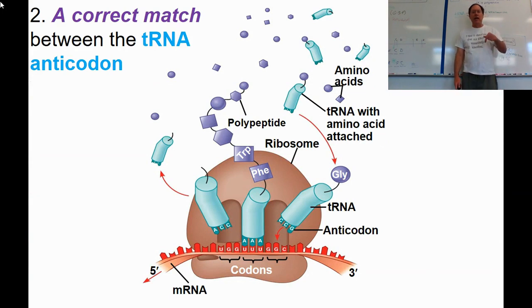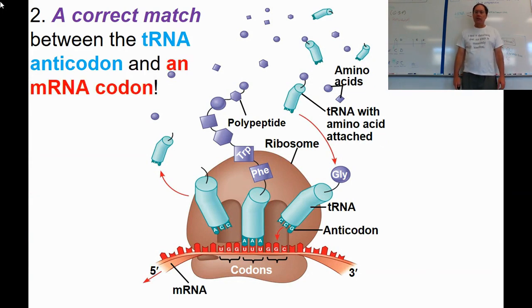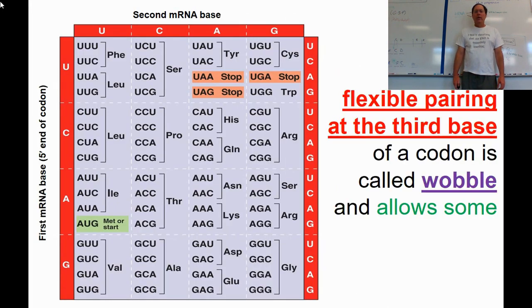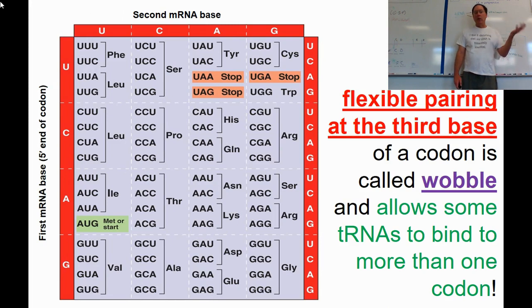The correct match between the tRNA anticodon and an mRNA codon is super important, obviously. We've got a problem when it comes to this. There are only 20 different amino acids that need to be delivered, but there are 61 different codon sequences that account for those 20 amino acids. So we have a redundancy, I guess is what I'm trying to say. There are different codon sequences that you can see on this codon chart that cause the same amino acid to be put in a sequence, because even though it's causing a different tRNA to come in, it's the same amino acid up at the tippy top of it.